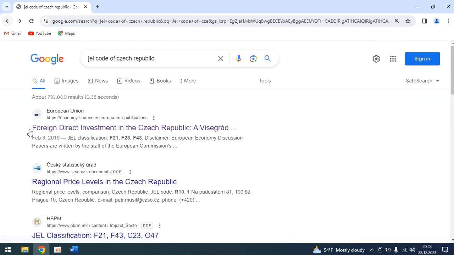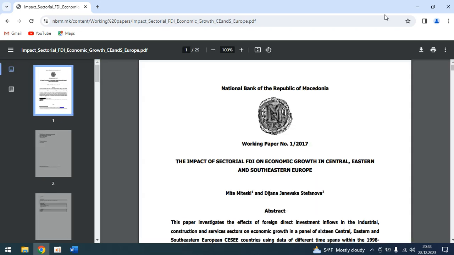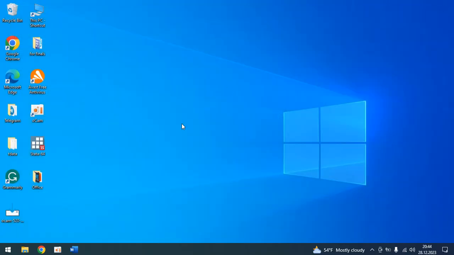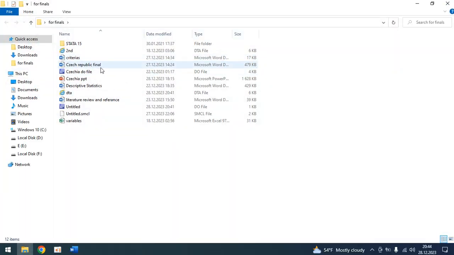There was a website where I found all of my JEL classification codes. So just by clicking we can find the JEL code. So now I want to show you the JEL code that I found